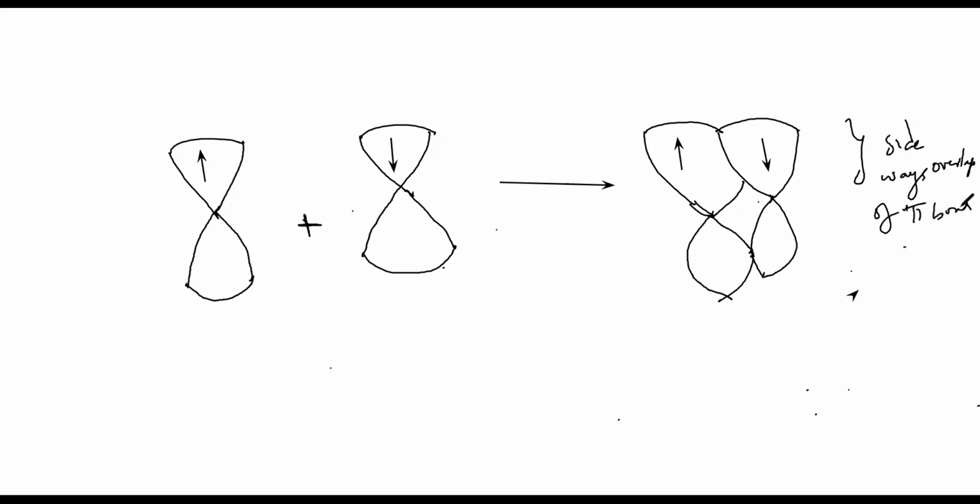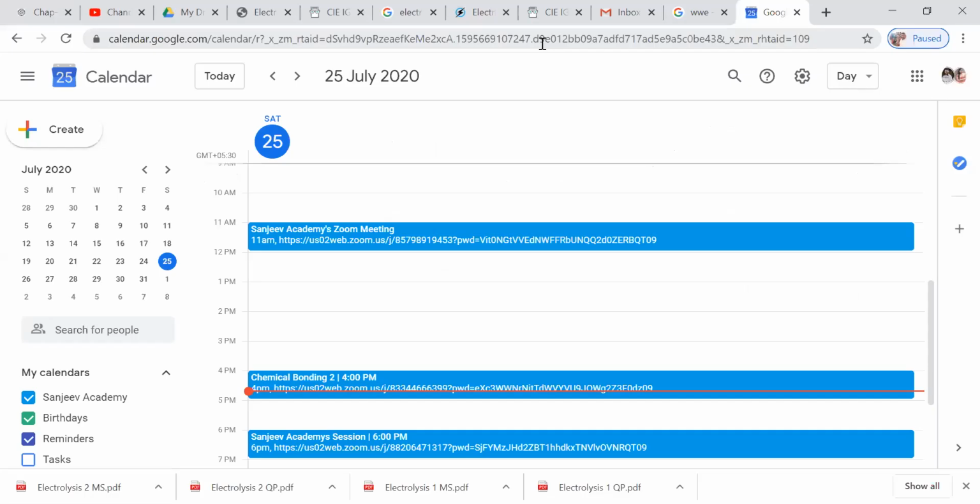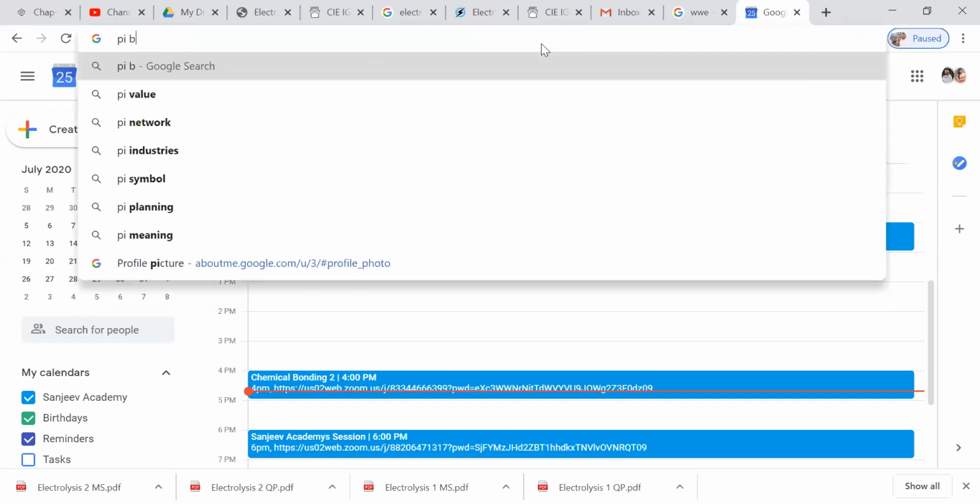Let me just check whether I can get it to you. One second. One minute. I'll just try to get the Google thing. Pi bond overlap.